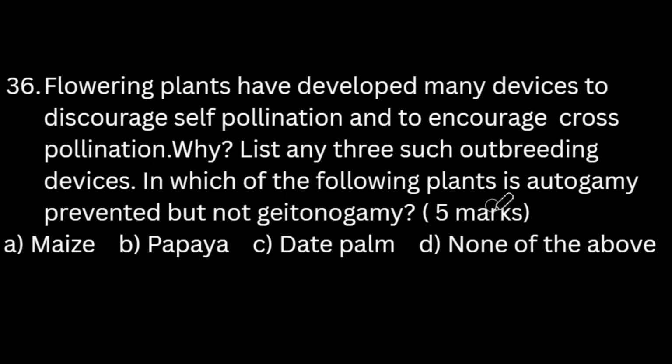In which of the following plants is autogamy prevented but not geitonogamy? This question carries 5 marks. So this part of the question we can answer now. In which of the following plants is autogamy prevented but not geitonogamy? Autogamy is prevented in maize,